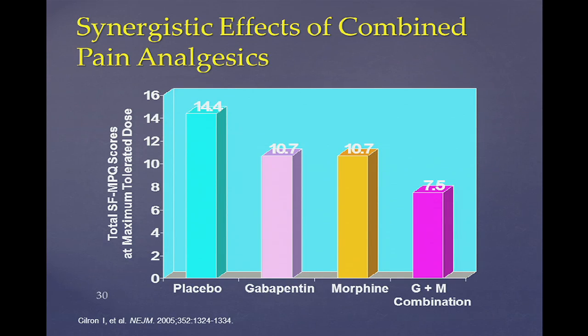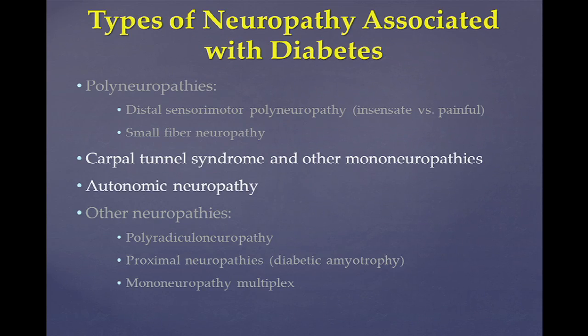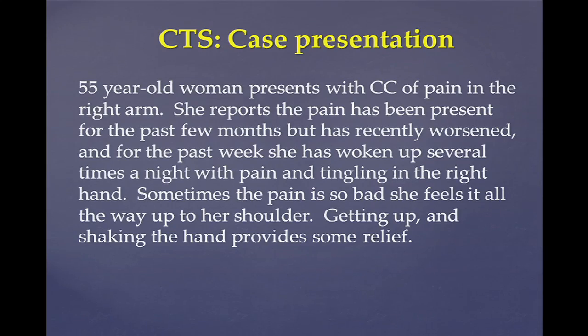And then they had a gabapentin arm, a long-acting morphine arm, and then a combination arm, and they showed that the combination was more effective than any medication alone, and also allowed for lower doses of both medications. So in the interest of time, I'm just going to speak very briefly about carpal tunnel syndrome and two words